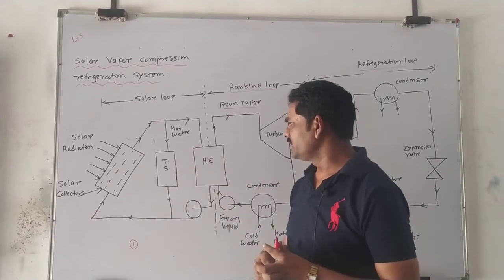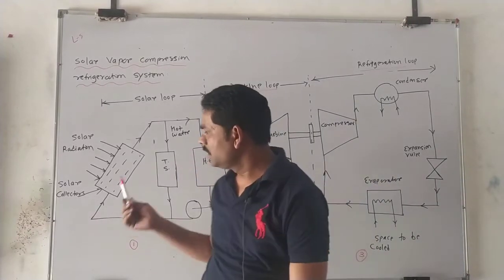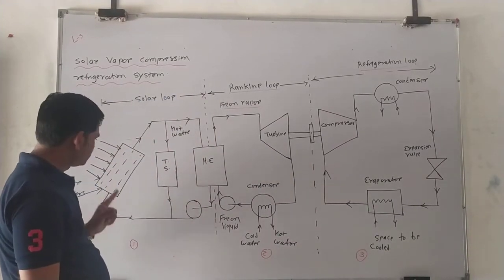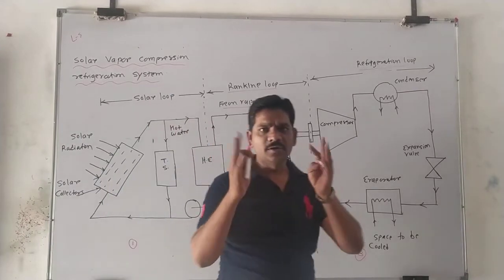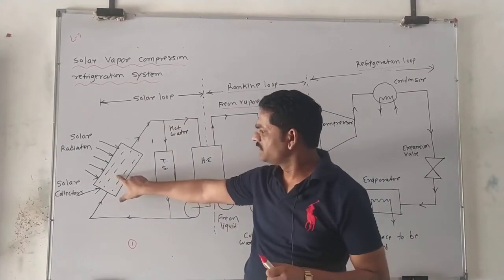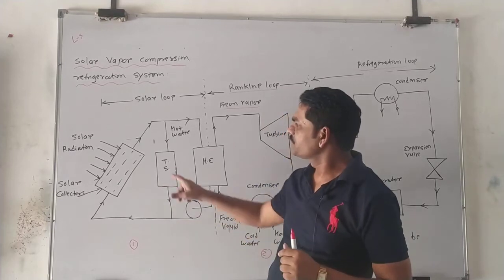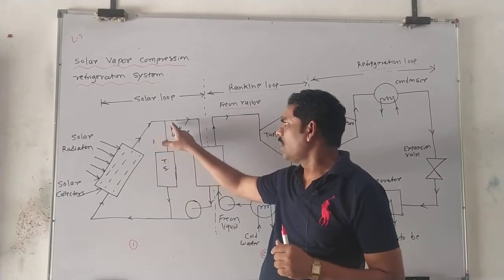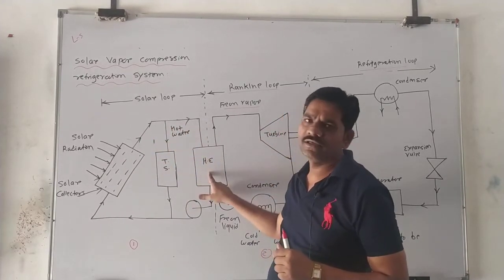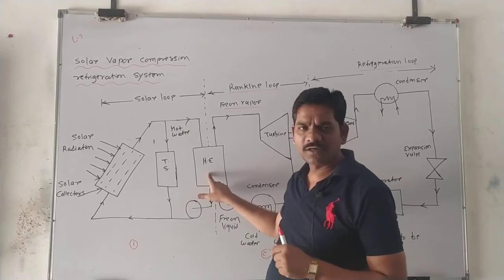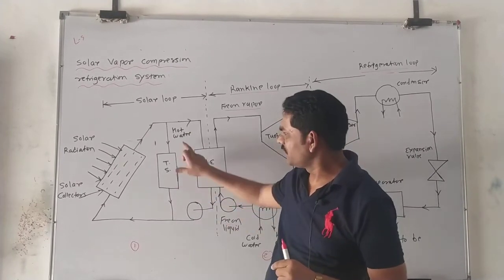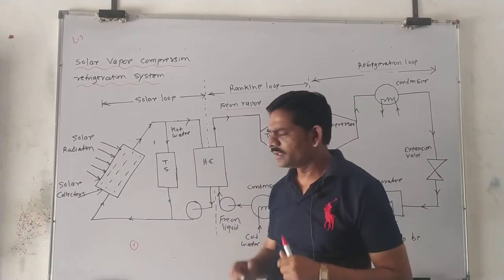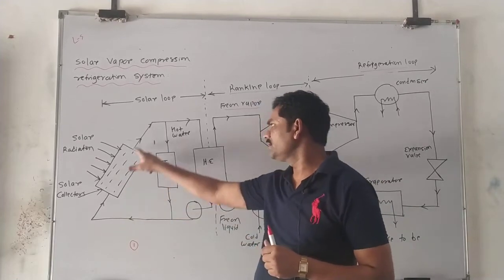So in the solar loop, what do we see here? The solar radiation is incident on these solar collectors. Okay, these are our solar collectors. The solar energy is absorbed by these flat plate collectors, and this solar radiation supplies heat to the water, and this hot water is supplied where? Inside the heat exchanger. If you do not supply the hot water into the heat exchanger, then this water is stored in this tank, called the thermal storage tank. Then whenever we need, we use this water again.